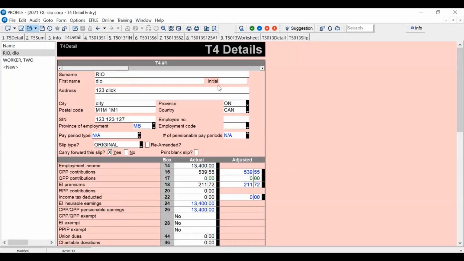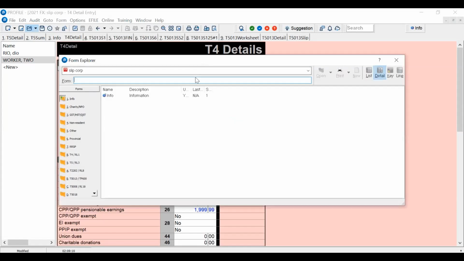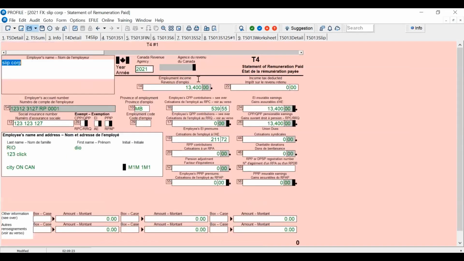And then I can create other slips. So I can scroll across and I can create number 2, 3, and if I create 3, then it'll give me the option to create 4, etc. You can create as many slips as you need. So that's where you enter the information for the T4 slip. If I look here in Form Explorer, I can type in T4 slip and I can see what the actual slip would look like. We can see this is all in green, so I can't make entries on the actual slip. All the entries come from the